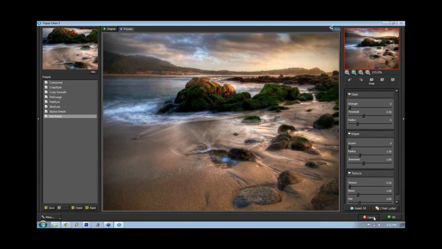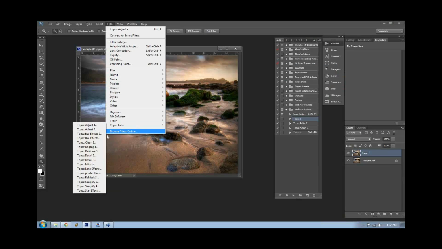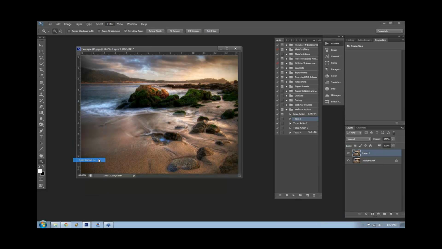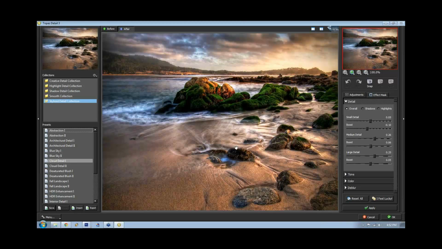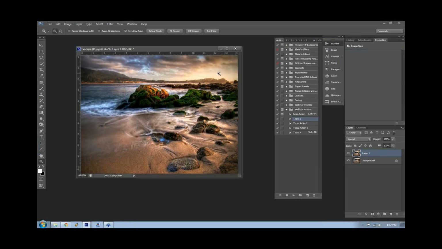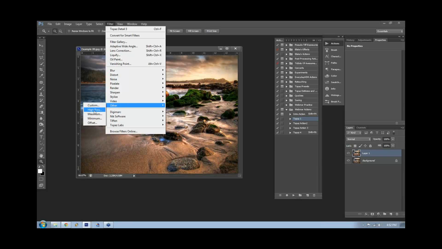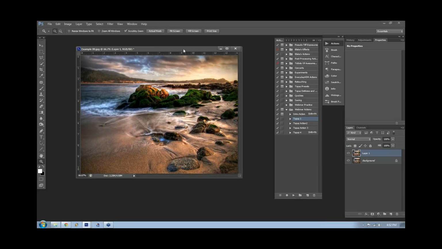Oh, that was in Topaz Clean, sorry. Make everything pop just a little bit more. And by using Topaz Detail, I can make the colors pop, and the details pop. So when I do that high pass, it's going to be a really strong high pass, which can sometimes be overbearing, but you can control that with the opacity. So I went ahead and used that architectural detail. I know it did the architectural detail 2 preset because, like most Topaz products, as soon as you open it up, it goes to the last one that you used. I know I didn't really go over that in there, but